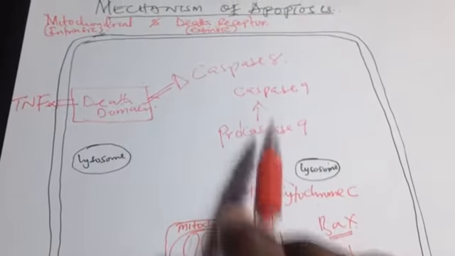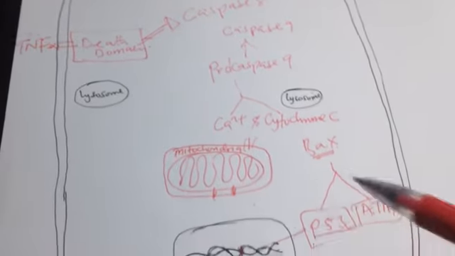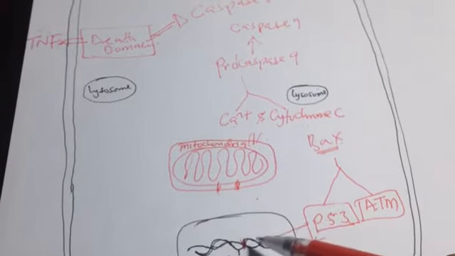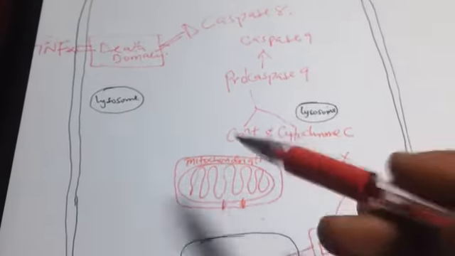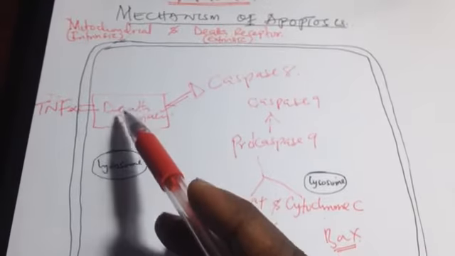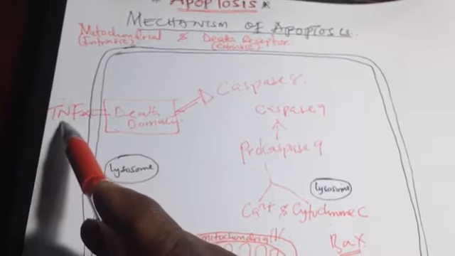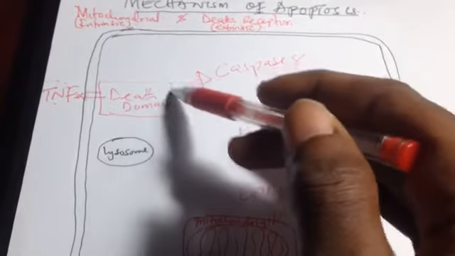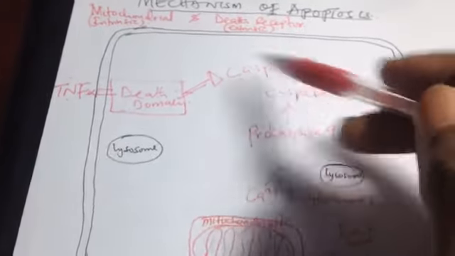This is the intrinsic pathway. In the intrinsic pathway, the signal comes from inside. That is due to damage of DNA or accumulation of some substance in the cytoplasm. While the extrinsic pathway is coming from outside. The TNF has to come from outside the cell, right? Then it triggers its own pathway. We have a lot of pathway steps, but the most important we have to know is this caspase 8, right?